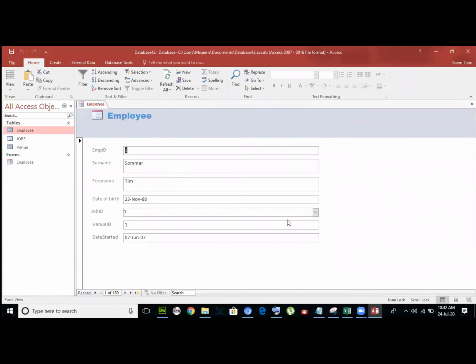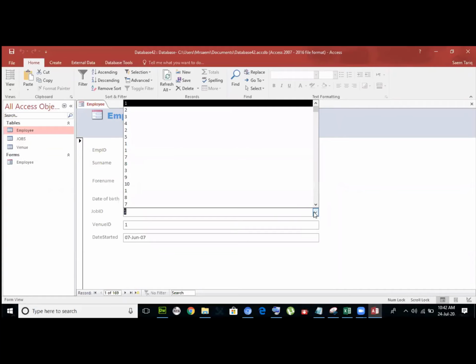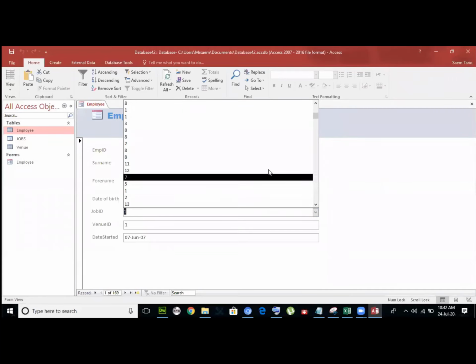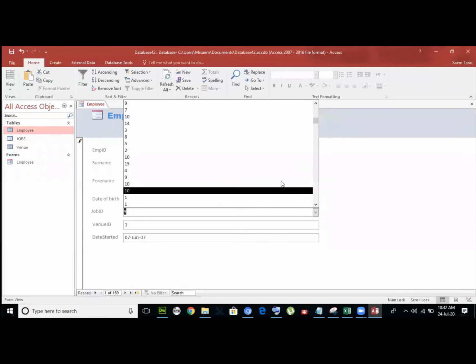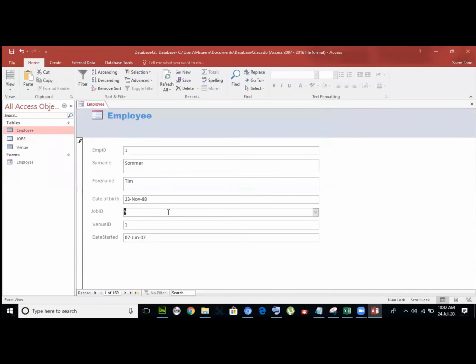अब क्या हो रहा है? You see, I get all the job IDs in a combo box. I can change it. Can you see that? This is a combo box. This is a drop-down menu. You get the point or not? Yes, sir. We did this once. I will do it again. What I'll do is,